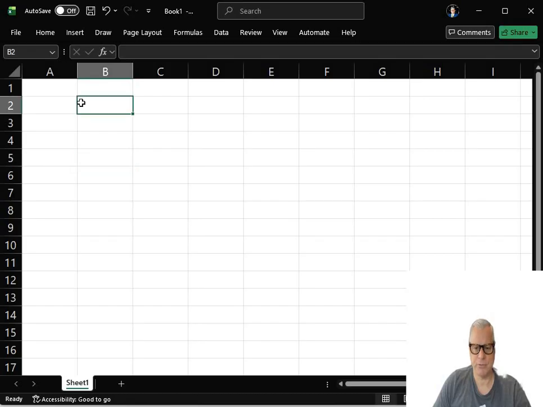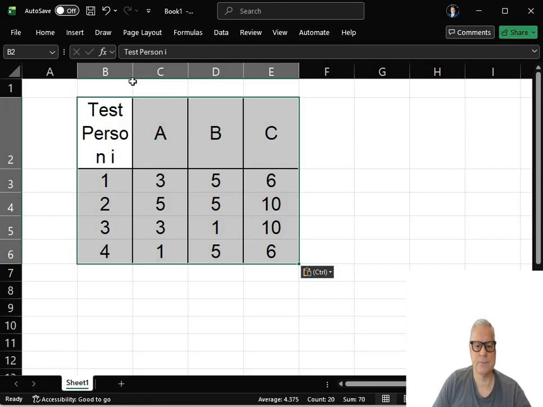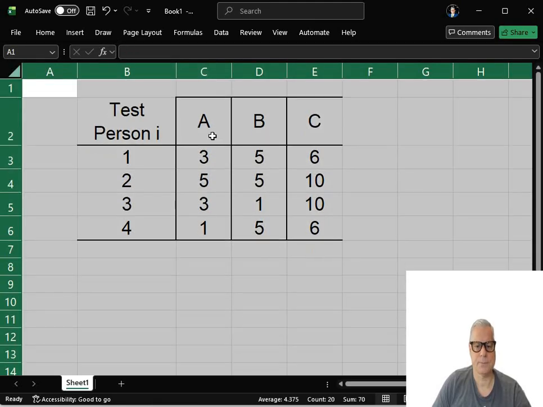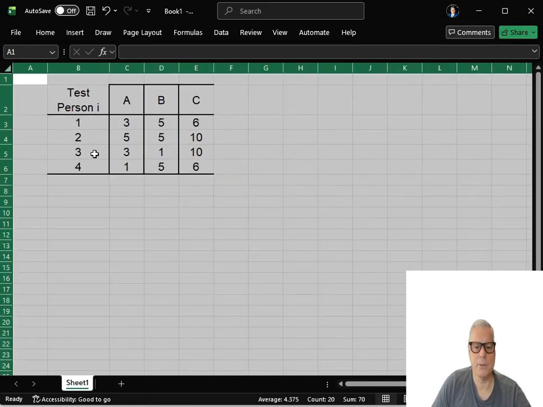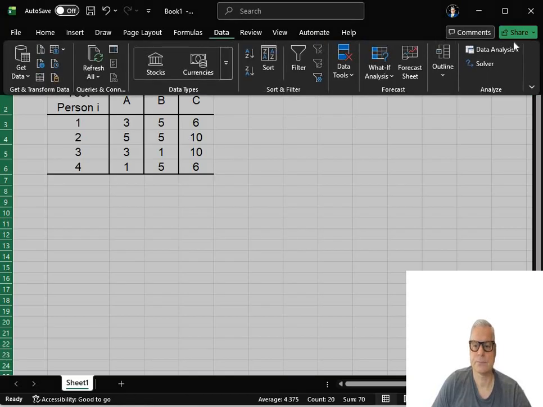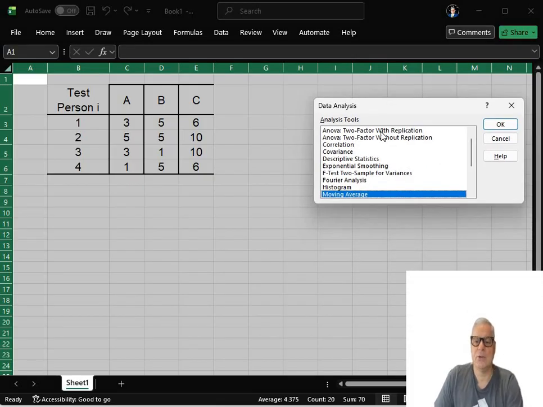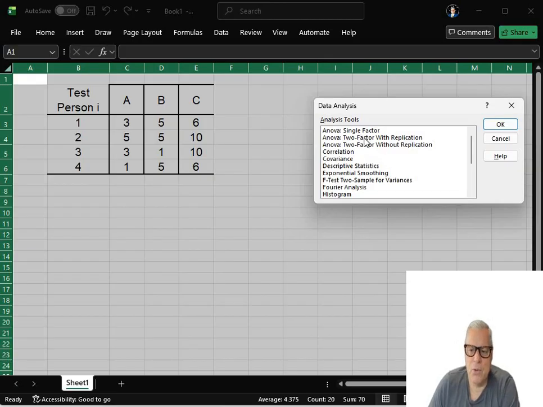So now let's just see what we get if we replicate our result in Excel. So this is again our data. Okay, maybe make it a little bit smaller. And now we can go to data, data analysis. Okay, and then you see you have different ANOVAs. We want to focus only on a single factor, and there is also a two-factor with replication and two-factor without